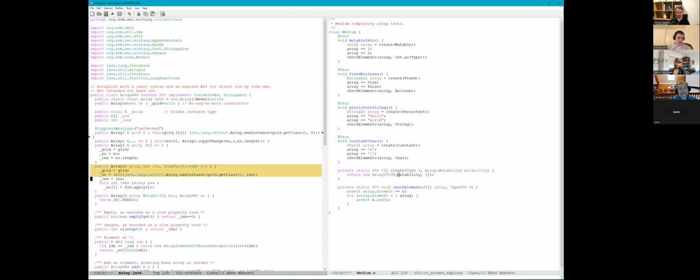Here's one that takes that long function that just applies the function. But you see I'm using array.newInstance of the gold.get class. So in order to do this where I'm looking for arrays of longs, I can't have my array body here be a Java generic array, because that's an array of objects after erasure. I actually need longs. So this code won't give me an array of longs. It'll give me an array of lowercase longs.